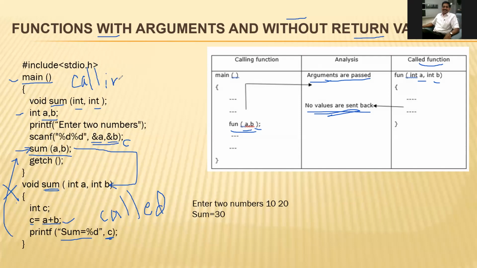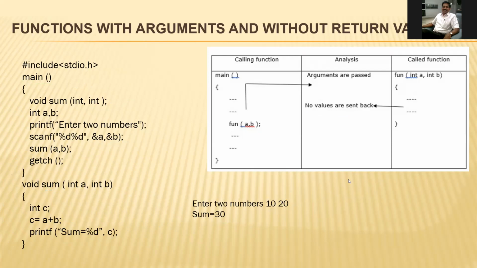This is the calling function, this is the called function. There is a difference. See, this is exactly the output of these values. The value of A is 10, the value of B is 20, and the sum is 30. The sum is displayed in the sum function, and it is not returning any value towards the main function. So that is one-way data communication. Okay.